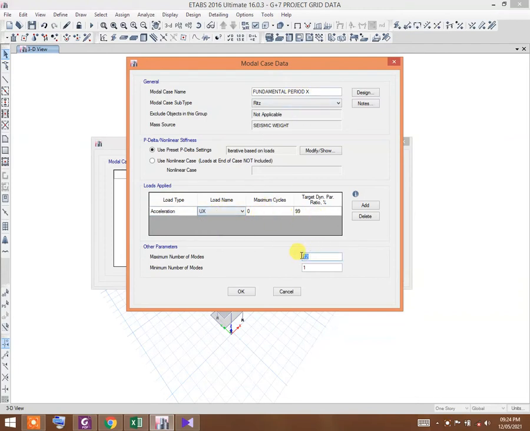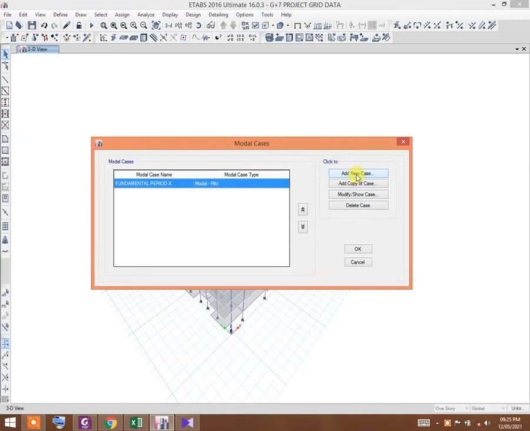For fundamental period of vibration we should select here the number of loops equal to 1, because this is nothing but the number of loops. We know that in the fundamental mode of vibration, the building vibrates in a single loop, so we should assign the value 1 here. Now press ok.